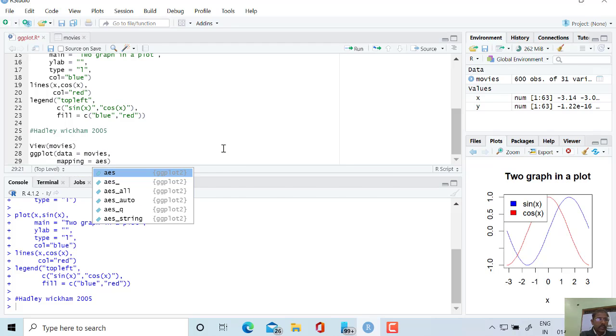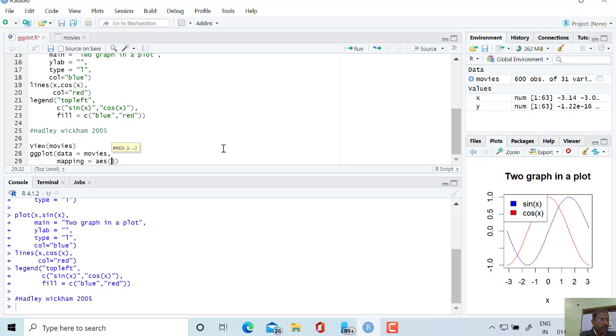Aesthetic mapping, aesthetic means very interactive. So inside the aesthetic function, on the x axis the critic score and on the y axis the audience score will be given. So I want to compare how the audience score and critic score are varying in a plot.